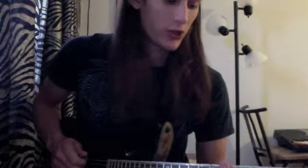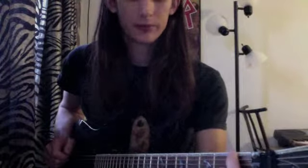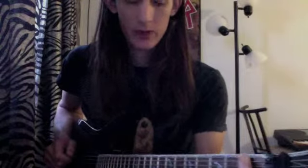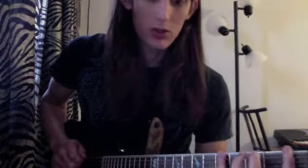So anyway, the first shape I'm going to show you is a major 7th arpeggio starting down here on F. So first fret, first finger, then 5th fret on the E string, and then we're going to do the skip. So we're not even going to play the A string, we're going to go right to the 2nd fret on the D string, and then the 3rd fret. And to start off, if you're not familiar with the string skipping, just